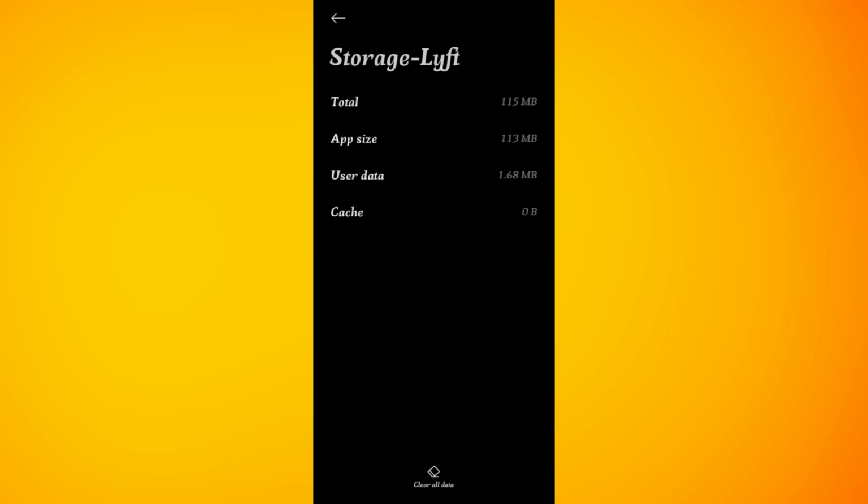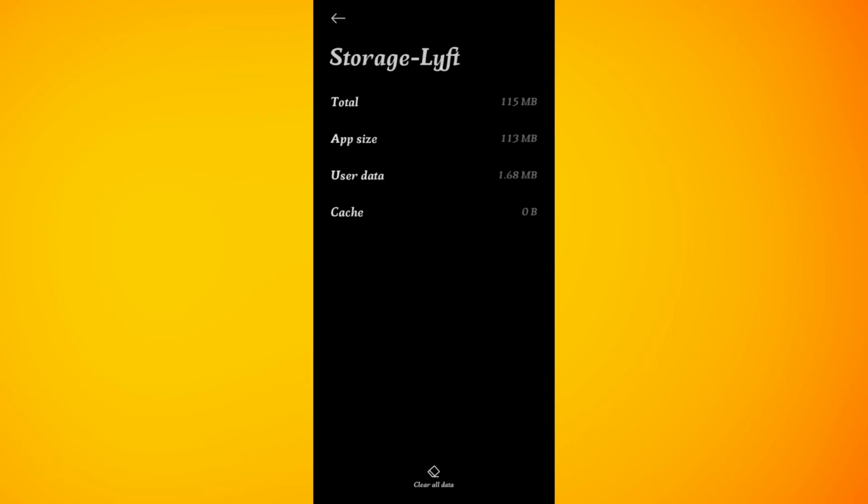On your iPhone, you just have to go to settings, then go to general, then go to iPhone storage, and there you will find Lyft. So once you tap on that, you need to just offload the application, then reinstall it. Now clearing the cache or offloading removes the corrupted or temporary files without actually deleting your account or